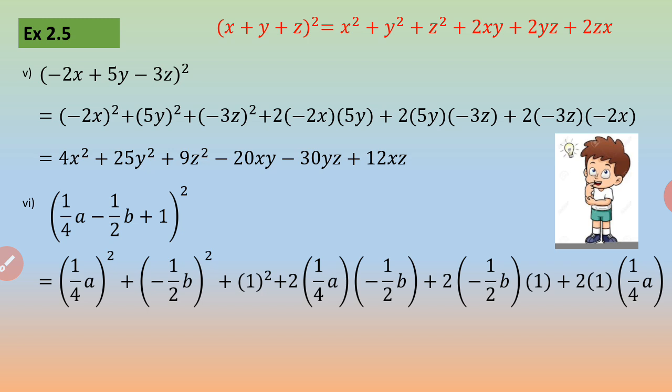So see, this is how the changes have occurred. First term has now become 1 by 4a whole square. Whole square, as I have been telling you, it is very important. Otherwise, you may not consider all the terms. Squaring of each and every term is important. 1 square also you have to take, 4 square also and a square also. So we enclose it in a bracket and then we put the square accordingly for the other terms also. And this is your answer.